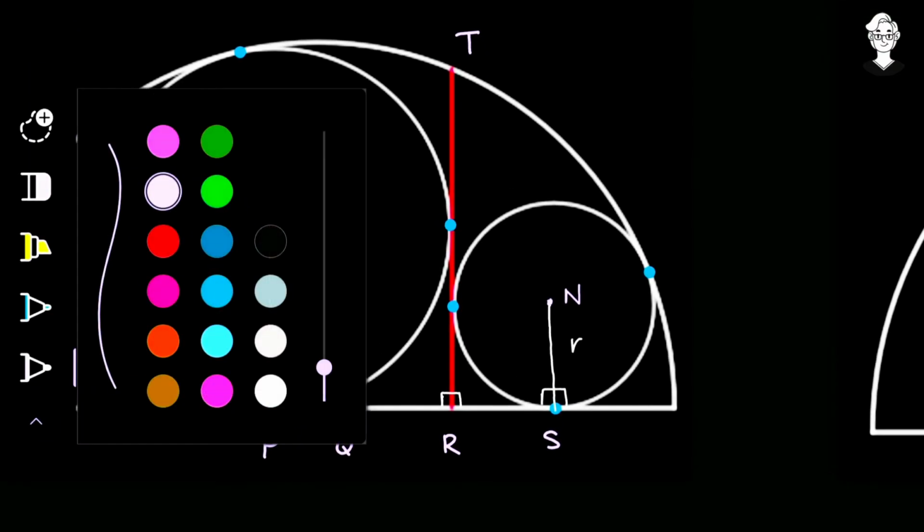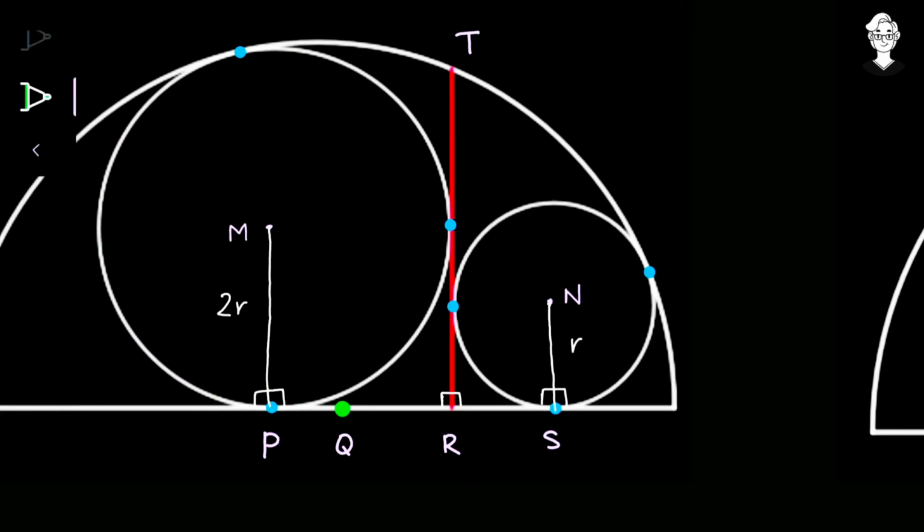Now the second thing. The second point given in this diagram is that this point and this point are the points of tangency. So from the center of the circle to that point is going to be 90 degrees, and from the center of the circle to that point is also 90 degrees. So marking it over there. This particular quadrilateral has all four angles 90 degrees by the angle sum property. Similarly over here, this length is 2r because it's the radius, and this length is r because it's again the radius. So both are quadrilaterals having four angles of 90 degrees and adjacent sides equal. So it ultimately forms a square and all four sides become equal.